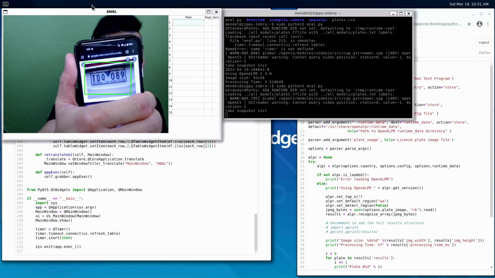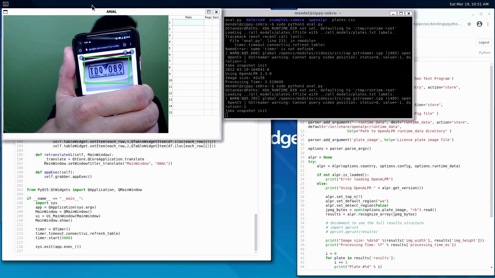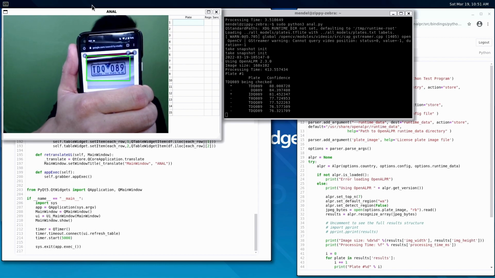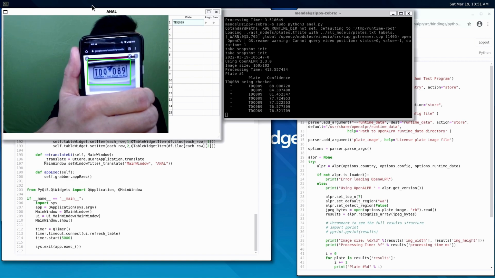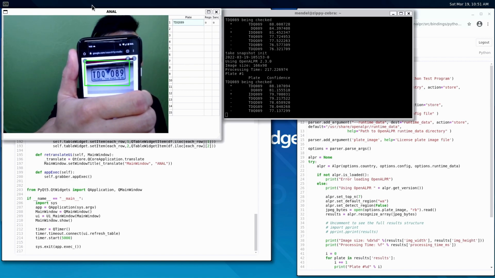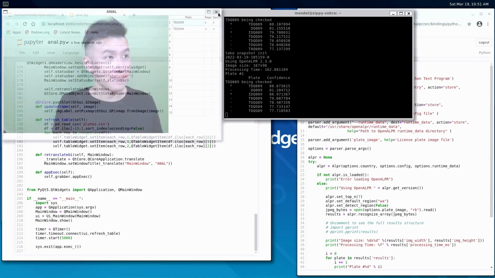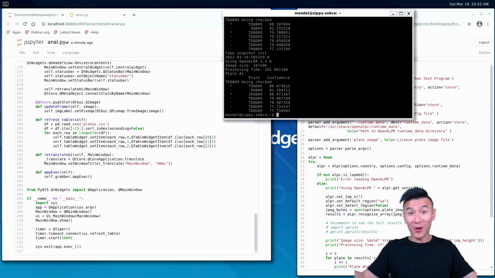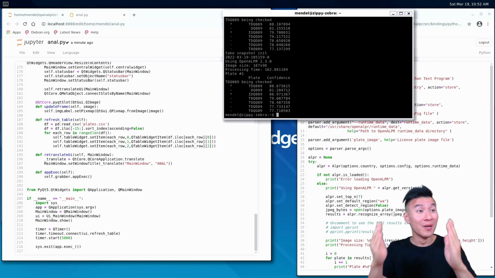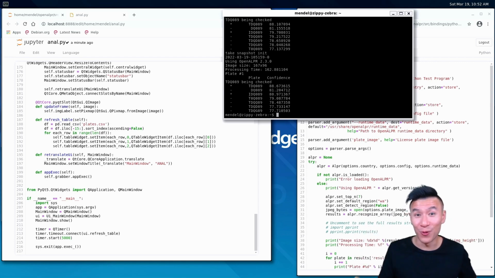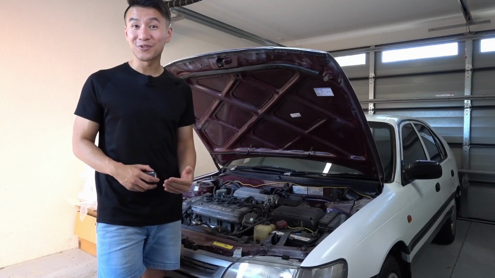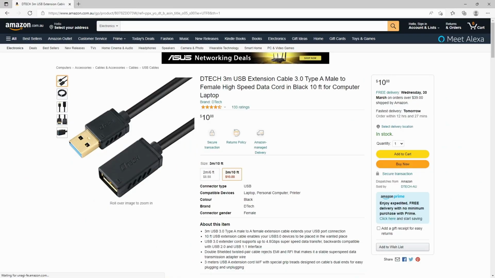All right, so hopefully this posts it to the table. Fantastic, look at that. There it is, it's populating our table. That's pretty cool. And we're pretty much done with the coding side of things. How cool is that? We're done. We've got a fully functioning, working license plate detection system app called ANPR. I'm blown away that it's working. Now onto the car installation,